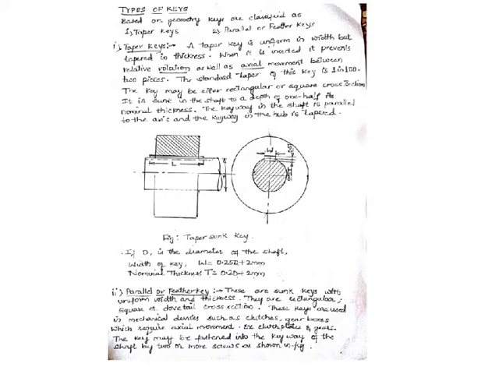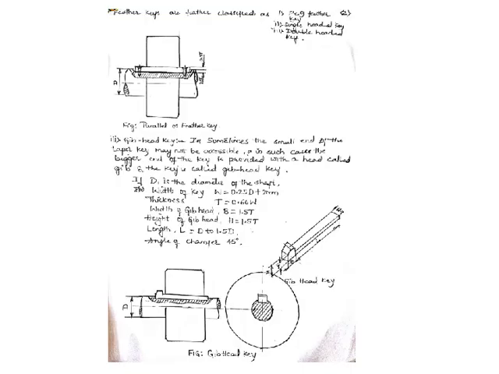So let us now see its figure. This is the figure of a parallel or feather key. Here you can see the 2 screws. These 2 screws are used to fasten the key to the shaft. Capital D indicates the diameter of the shaft, and the thickness of the key is 0.5 T inside the shaft and 0.5 T in the hub. So half of the thickness of the key will be inside the shaft and half inside the hub portion.